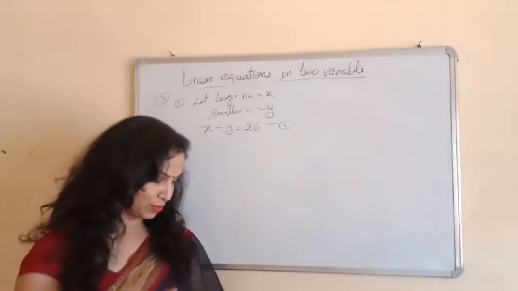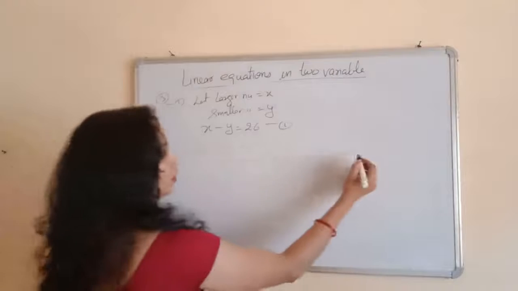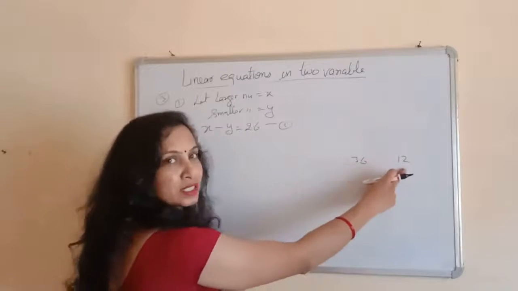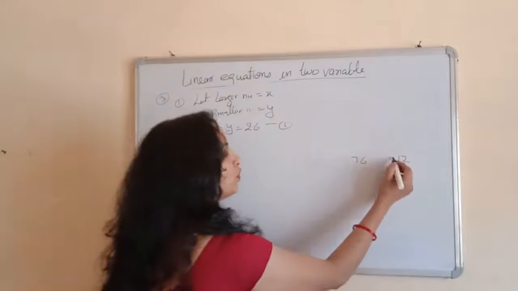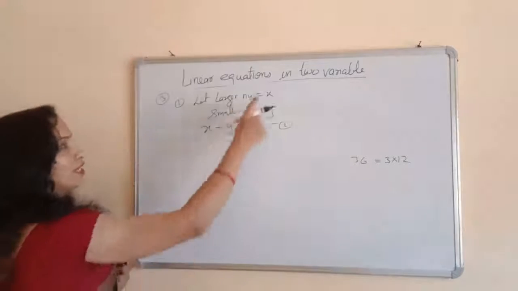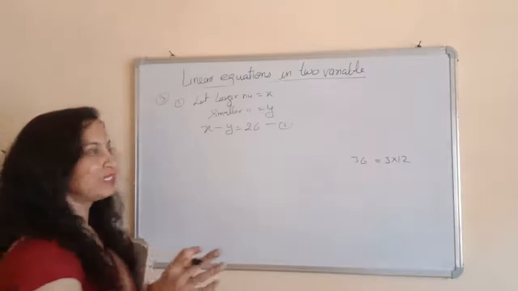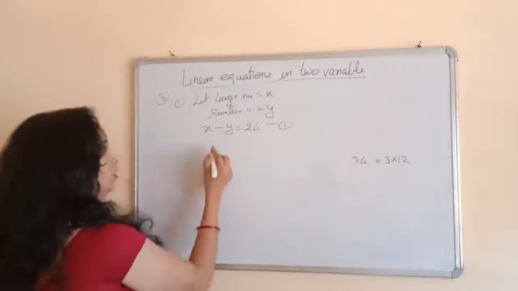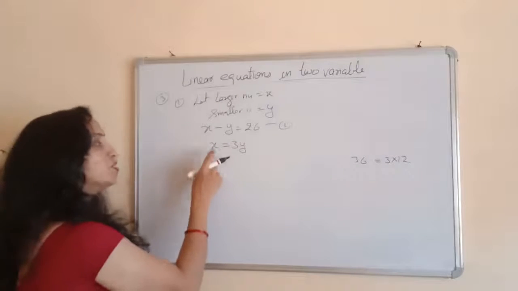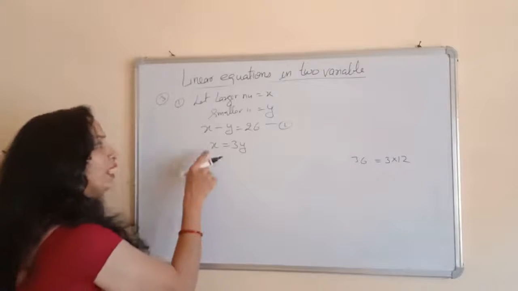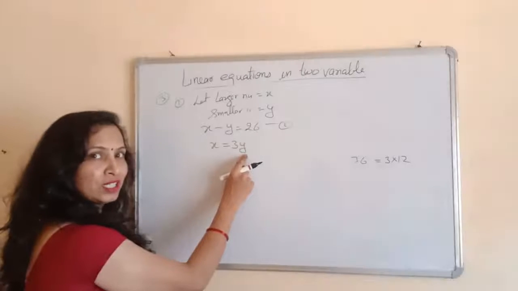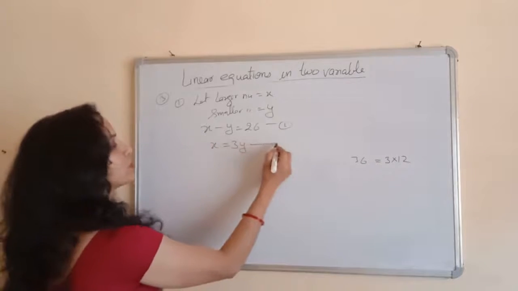One number is 3 times the other. So just think, suppose these are two numbers, 36 and 12. We know that this number is 3 times the other. So what will you do? You will multiply the smaller one by 3 to make them equal. So if I am saying that x is larger than y, obviously x is 3 times y. So we can say that x is equal to 3y. Since x is already 3 times, we will not multiply it by 3. We will multiply the smaller number by 3 so that they become equal. This is the second equation.